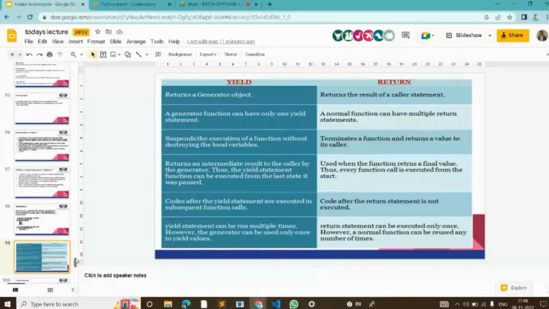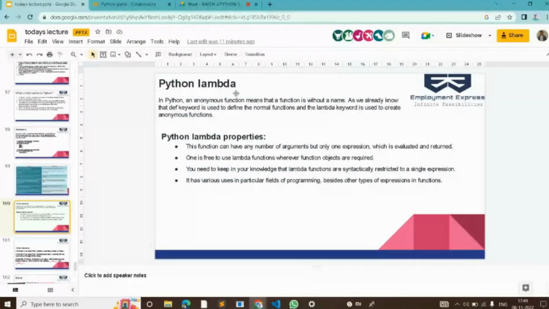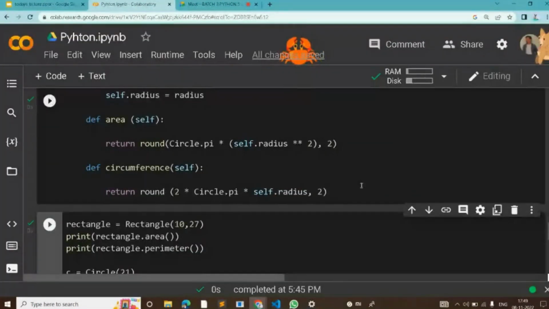So we have learned the yield and return function in yesterday's class. Now the lambda function. A lambda function in Python is just like a shorthand function. If we want to write a function in a single line, we can create it using the lambda function. It is a simple execution method. You just write lambda, then a variable name. After that, you can use that variable to write a conditional statement, and after that you can get your answers. Like over here,